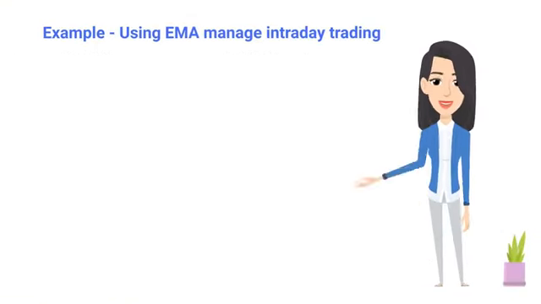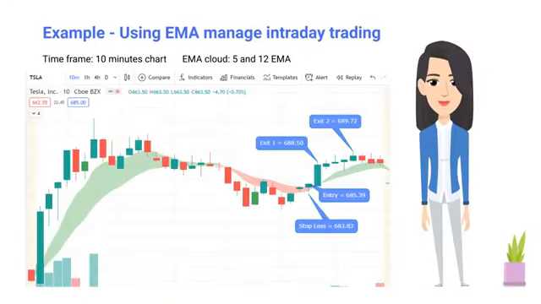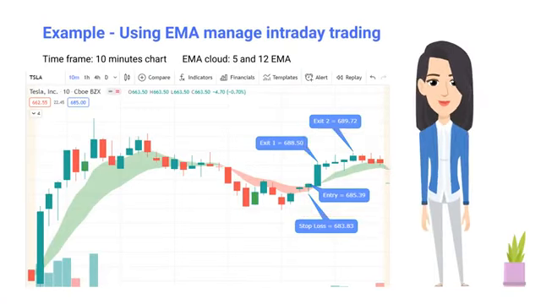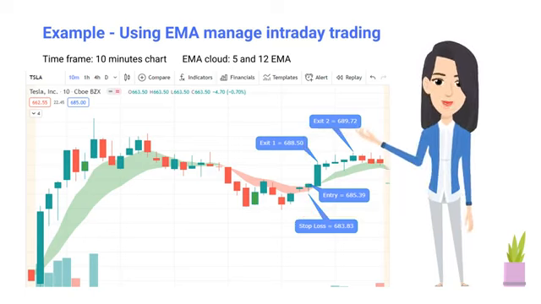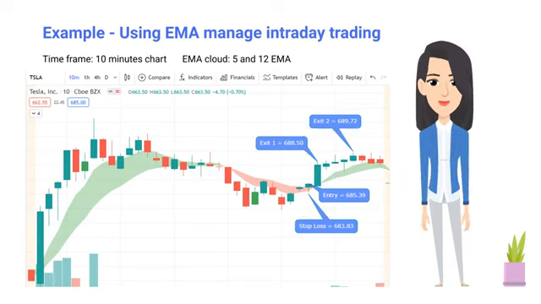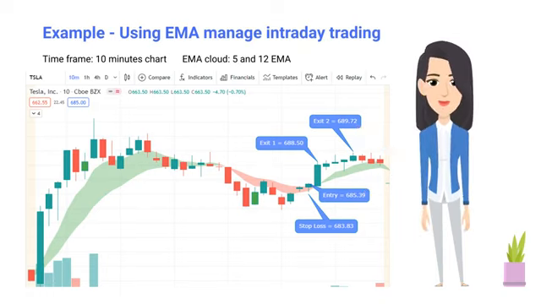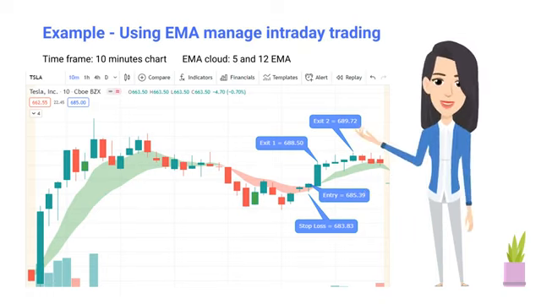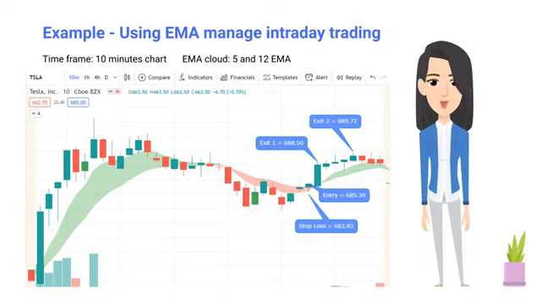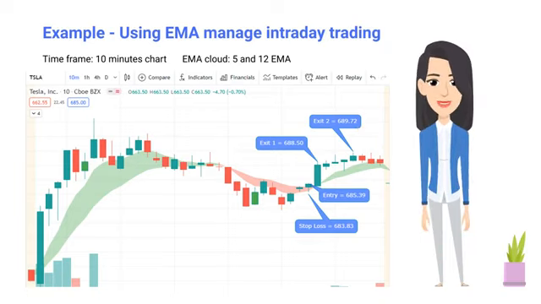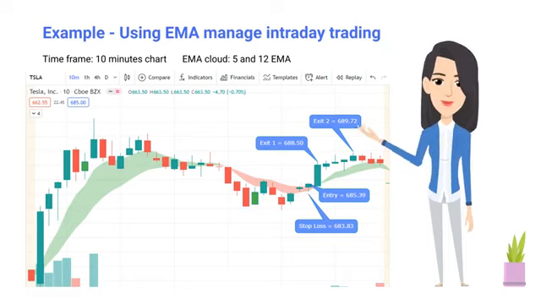Let's take a look at the trading opportunities in the final trend change pattern, red to green. The EMA Cloud change to green indicates a potential trend change, which suggested you could flip back to long the stock. You could start long the stock right here where the candle closed above the EMA Cloud, where the stock reached $685.39, and set your stop loss just below the EMA Cloud, which is at